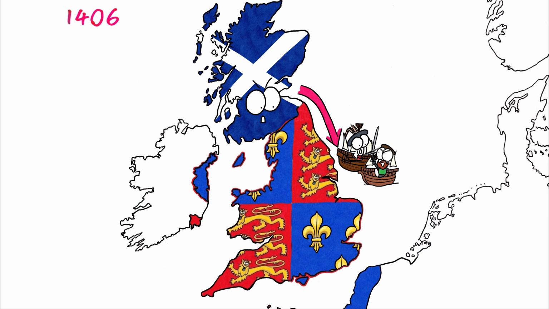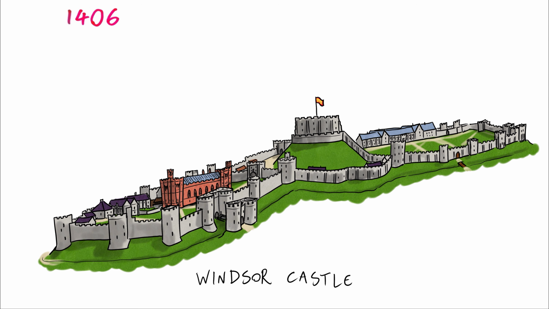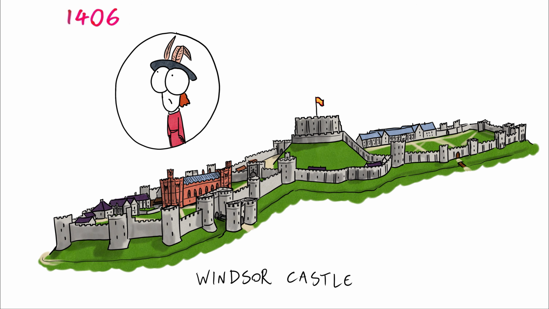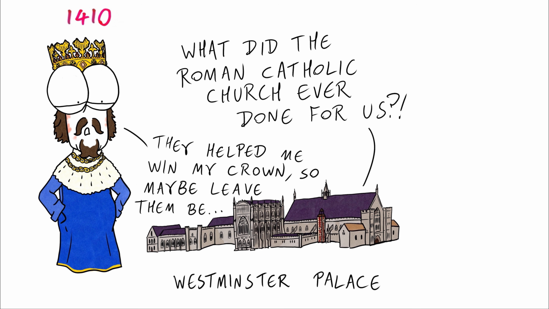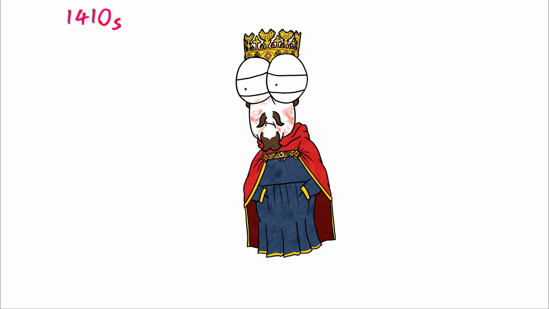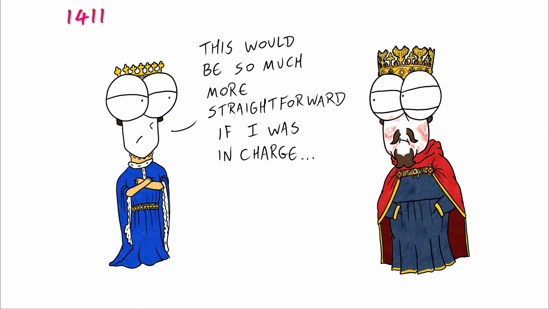English pirates captured the heir to the Scottish throne while en route to France. Future James I of Scotland was captured by English pirates and delivered to Henry, where the 11-year-old was held captive for 18 years. Later, Parliament would suggest confiscating church land, but Henry was reluctant to fully go against the might of the church. Henry IV's later reign would be marred by very poor health. His son Henry of Monmouth became more involved in the government at this time, though political differences between father and son would have young Henry dismissed from the council.